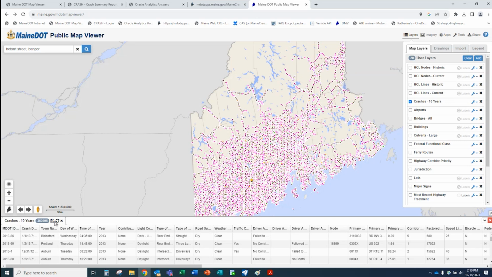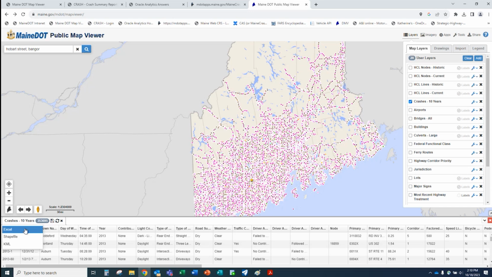What do you mean export? Well, if you hit this little icon right here, this little disk, save or export, you can export this information to an Excel file. You would get all of this data in one Excel file, but it has limitations. It can't export 363,000 crashes with that many columns, that many rows. It's just too much. I think the limitation is, I want to say 50,000, but I think that might even be too high. That's a lot of crashes still.